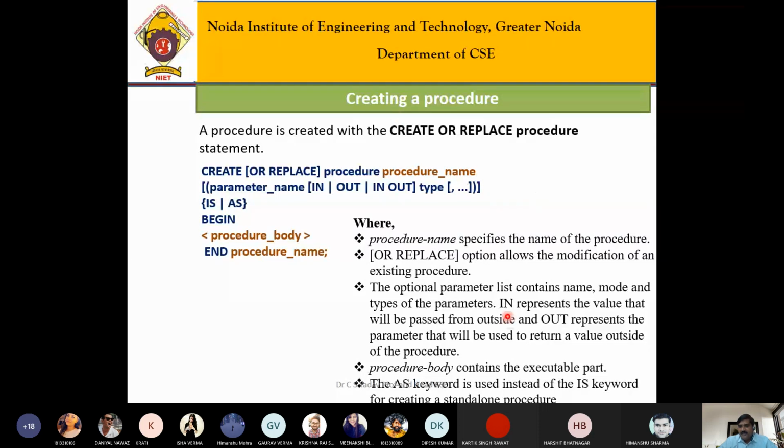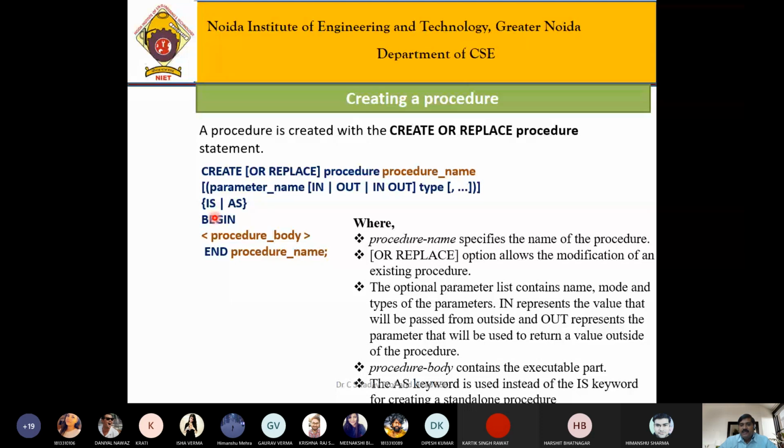Here see, in represents the value that will be passed from outside, and out represents the parameter that will be used to return a value outside of the procedure. This is called the procedure body. Whatever we write between begin and end is called the procedure body.